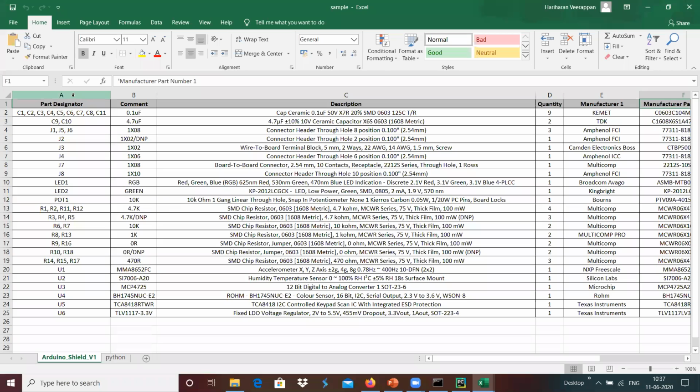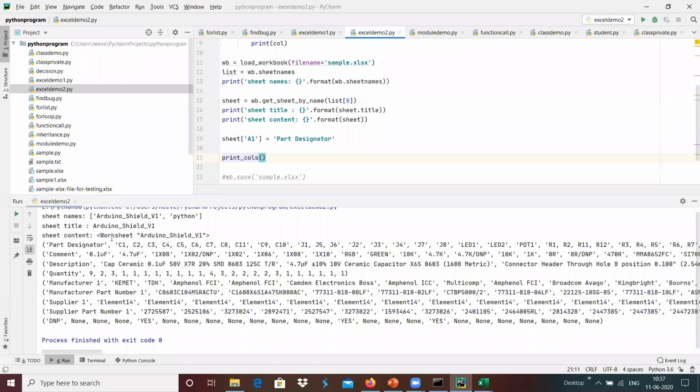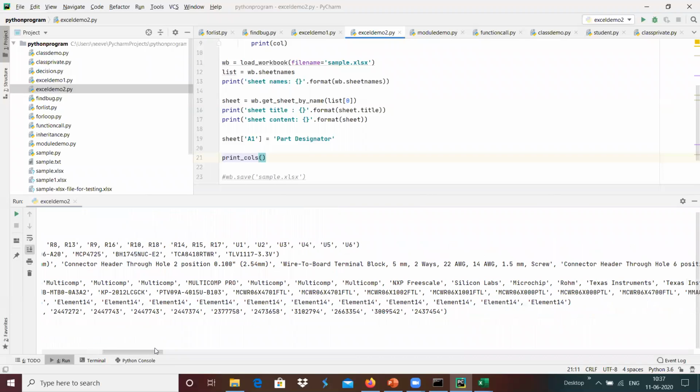The column wise data starts with the part designator and it should end with U6 over here. It's starting with the part designator and goes up to U6. Till that it was printed, so we are able to get the column wise data over here.